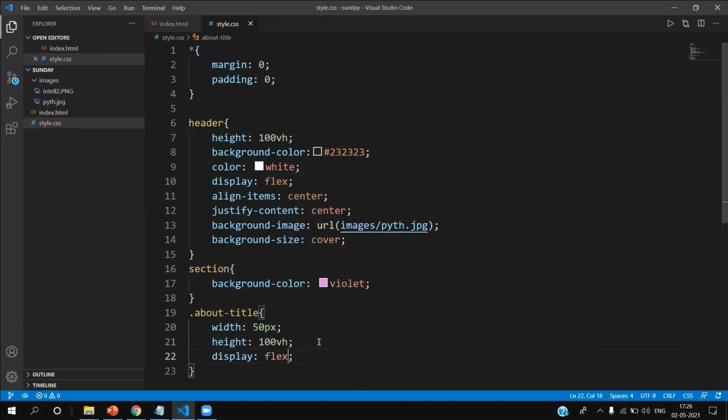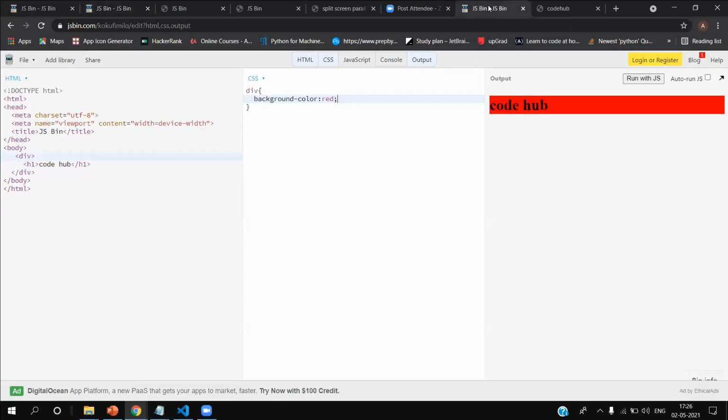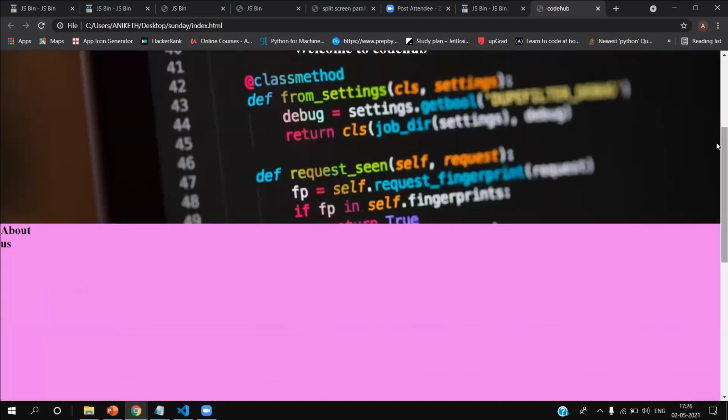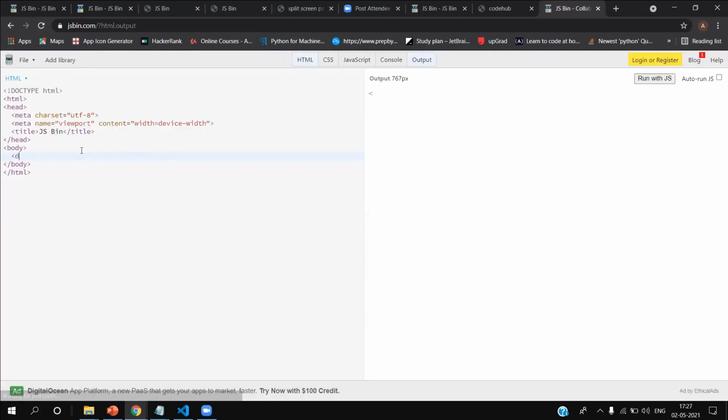Now let's see, after doing that, what happened to it. Look, this has taken a viewport of this much from here to here. Look, project 1, project 2, it has taken a viewport of your display height.